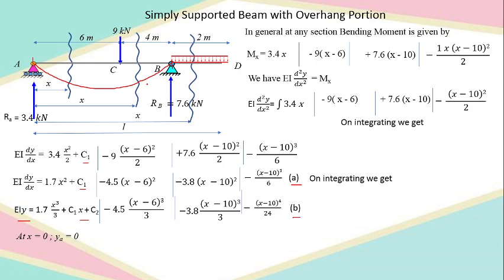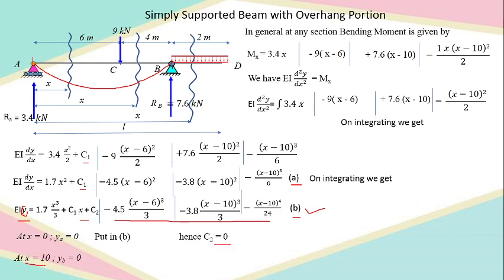First of all we will use the first boundary condition, x = 0, y = 0. Put it in equation (b). So when x is 0, these terms are going to be 0, therefore c2 is equal to 0. I am not considering right now these three terms because everything is going to give a negative value, which is not to be entertained in the Macaulay method. Another reason is that I am dealing with the first section, so only the first term's integrations I have to take into account. So at x = 0, c2 = 0.